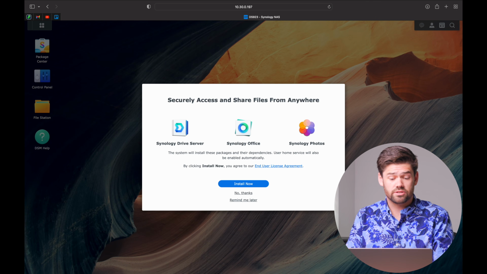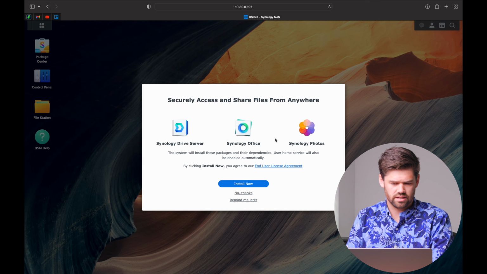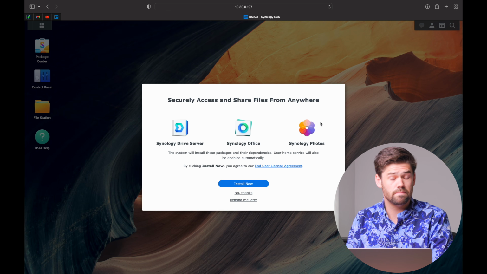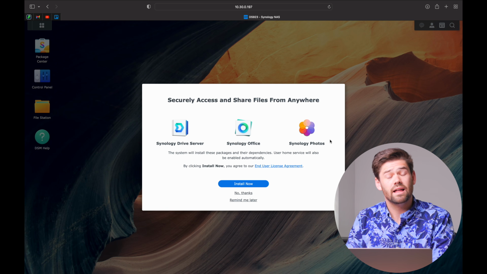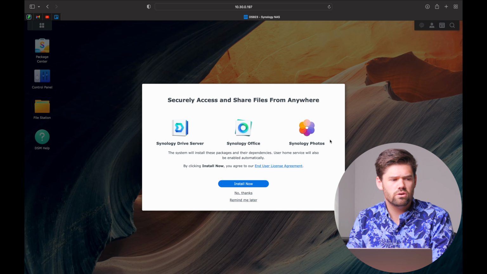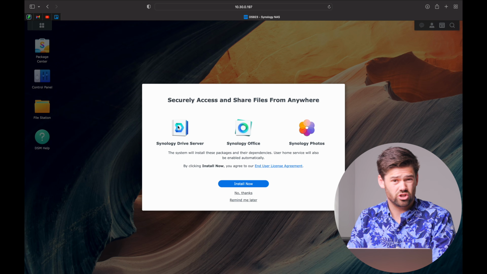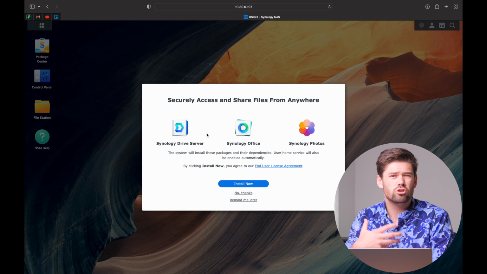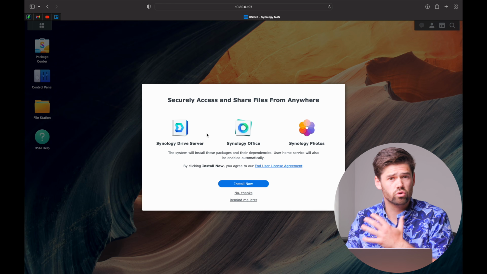So now we've just got in, and this right here is DSM. It's now popped up with the option to install 3 basic packages that a lot of people will use right off the bat. So Synology Photos is something I probably would recommend most home users install. It allows you to easily manage all of your photos and even back up your iPhone or Android photo library to the NAS. Then Synology Drive and Synology Office are really paired, and they turn your NAS into much more of a Google Drive feel,